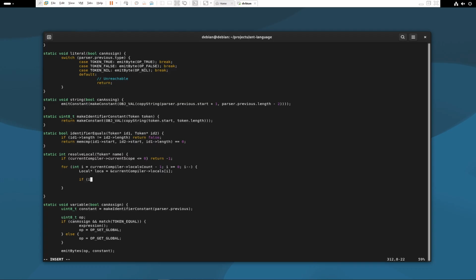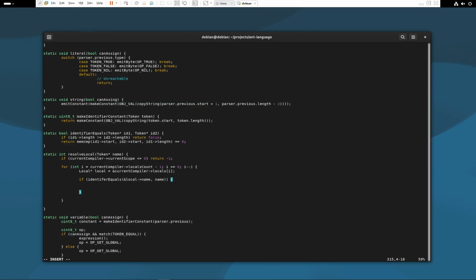So I will use the identifier equals function, and if the token in the ith position is equal to the token passed as an argument,